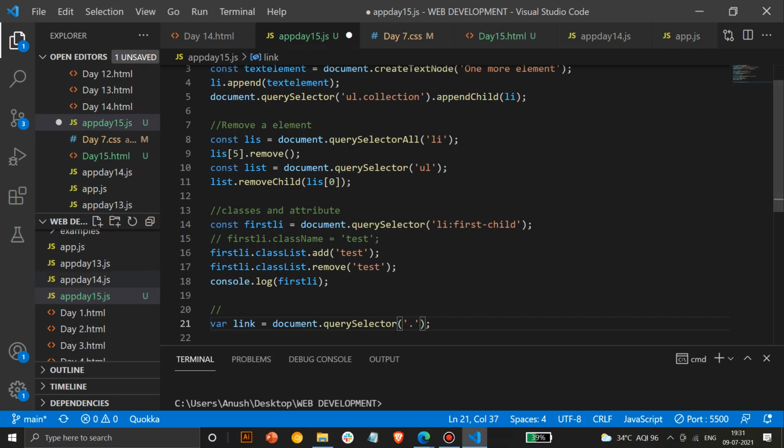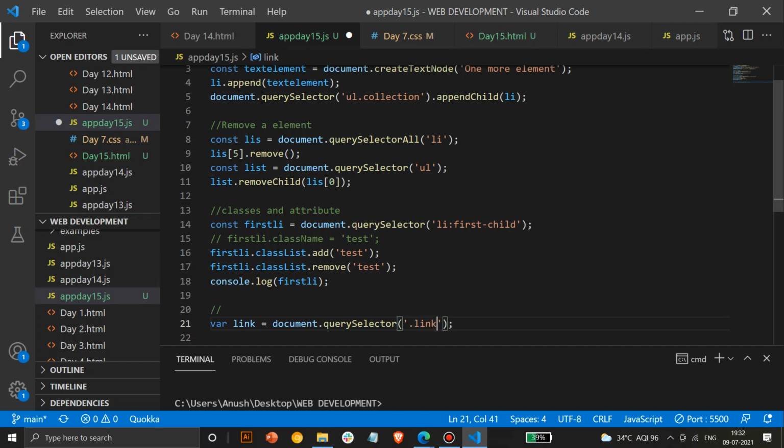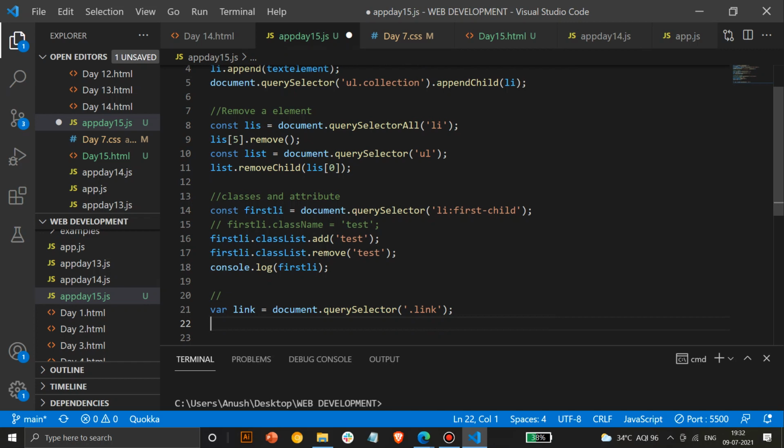What's the class present there? The class present there is link, so we'll use .link. This is clear. You can use querySelector anywhere. It works with any element, so it's always better to use querySelector everywhere, and it gives you a variety of options, so you don't have to worry.